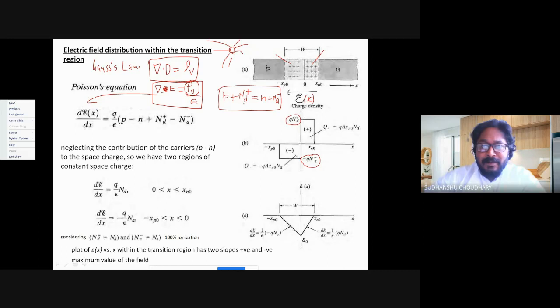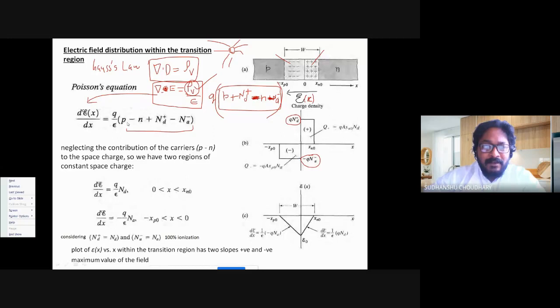And remembering that if I multiply this by Q, this gives me total charge density. In fact, if I bring this over here, this becomes P plus ND minus N minus Na minus. And then if I multiply this with the charge, it becomes the total charge density across this junction. Which has been done over here. That is, this charge density has been replaced by saying total positive charges is equal to total negative charges, and then multiplied by the actual charge. So this gives me the total charge density across the junction.